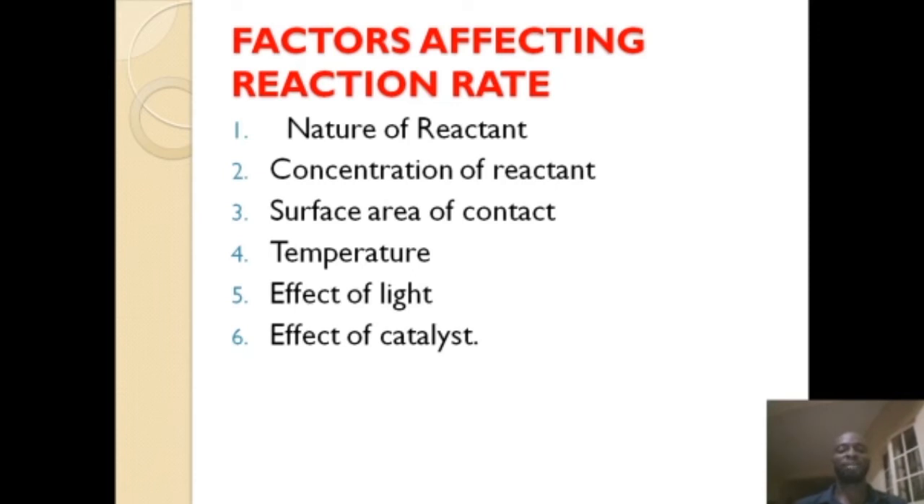Surface area of contact. Bring your soap, bring your detergent, put the two of them inside water. Tell me which of them will produce lather first. You see that the detergent will be foaming as if its life depends on it. Pardon that language. Before the soap even starts foaming. Why is this? Because the particles of the detergent are all making contact with the water at the same